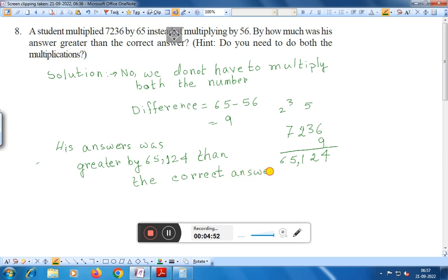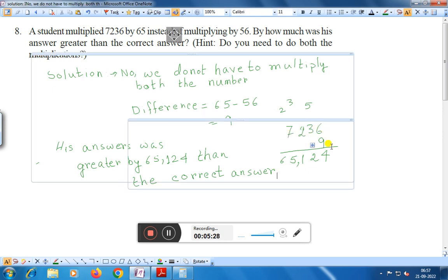Repeating once again, a student multiplied 7236 by 65 instead of multiplying by 56. By how much was his answer greater than the correct answer? Do you need to do both the multiplications? No, we do not need to do both the multiplications. We have to find the difference between the numbers, that is 65 minus 56, that is 9. If we multiply 7236 by 9, we are getting